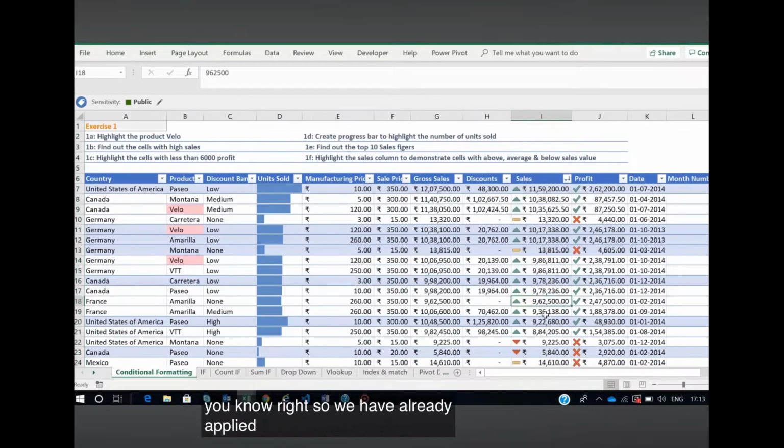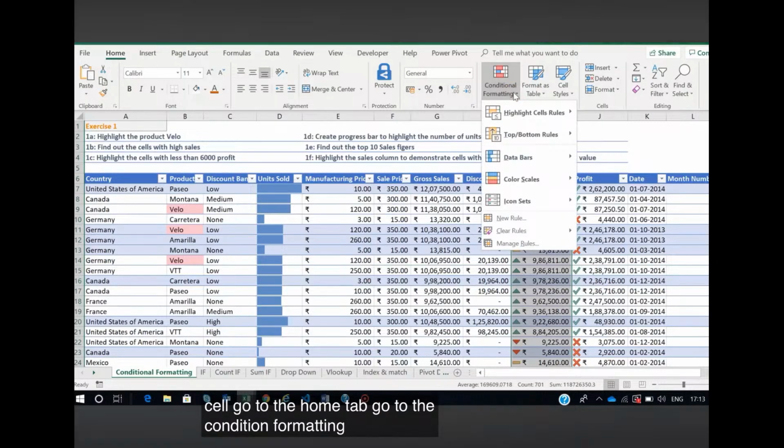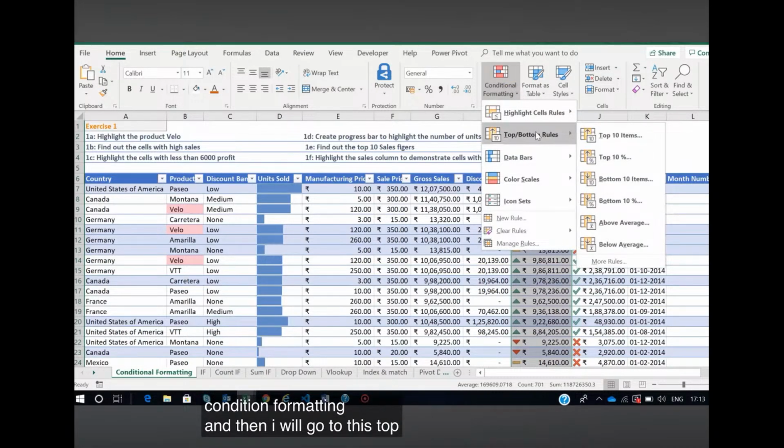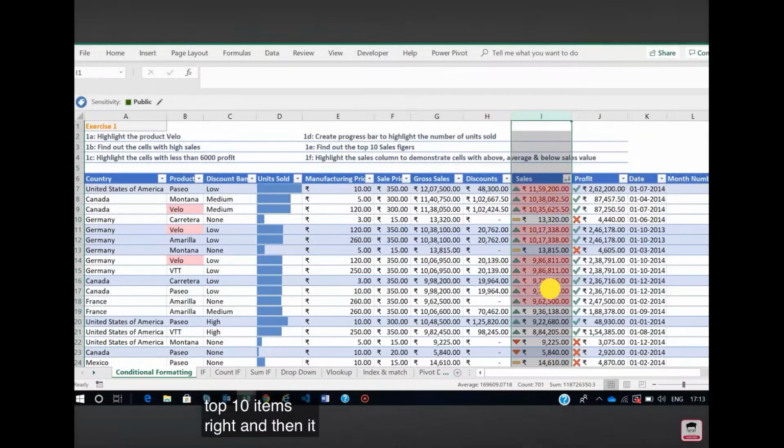So we have already applied the conditional formatting. So I will just go again to the cell, go to the Home tab, go to Conditional Formatting, and then I will go to Top/Bottom Rules, and then I will select the Top 10 Items, right? And then it will highlight all those